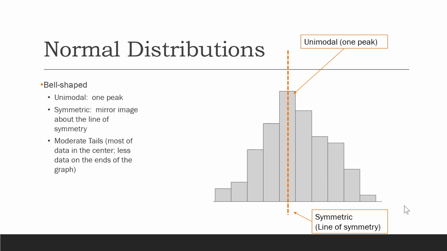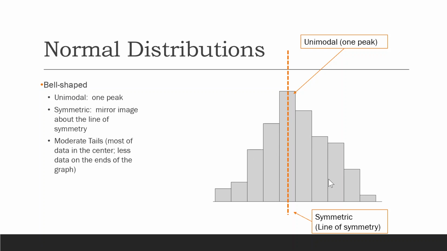Now, when we're talking about data, because we're going to be using our sample taken from our population, we're not going to have perfectly mirror images or perfectly normal distributions, or perfect bell-shaped graphs, right? There's a lot of subjectivity that can come into play when we're looking at these graphs here. If you go to geometry, symmetry means one side is congruent to the other, or, it's more technical than that, but in layman's terms, that's what we mean. That means if I folded this left side of the graph over onto the right side of the graph, it would overlap perfectly. We will very rarely see that